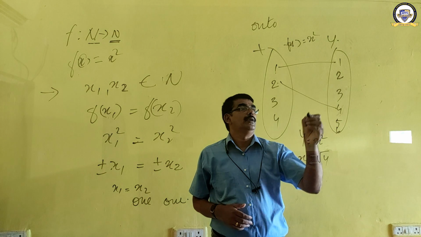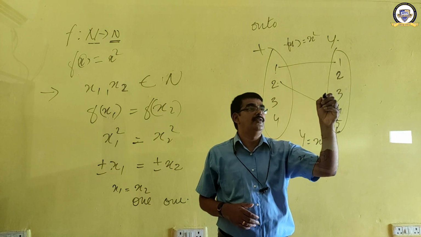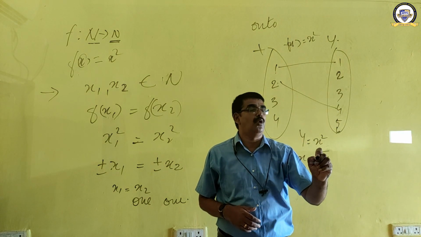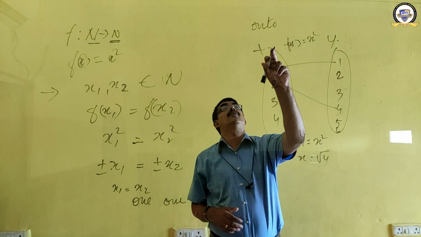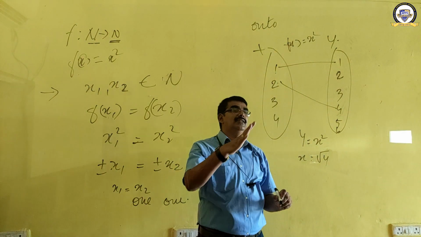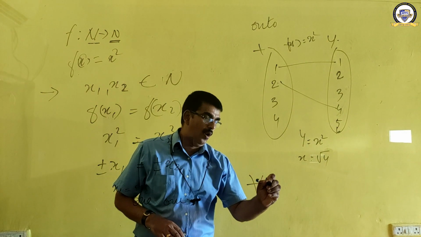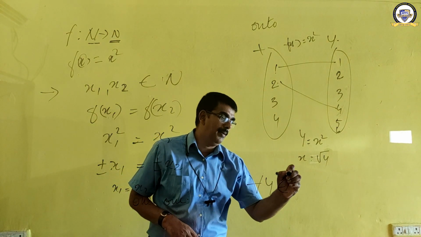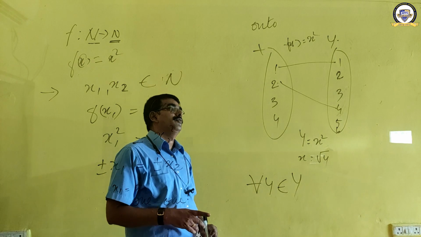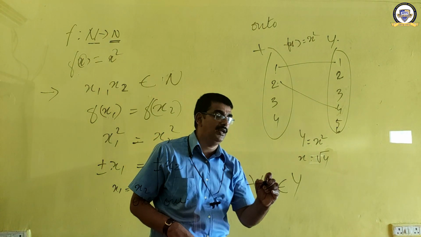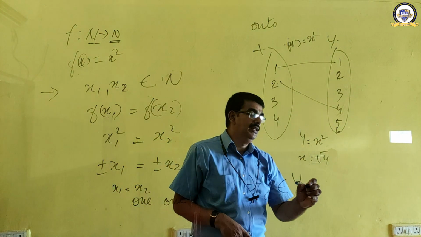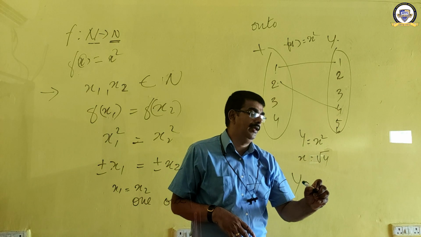So for y equal to 2, the square root of 2 is not a member of x. That is why we say this is not onto. For y as a member of the codomain, there isn't any